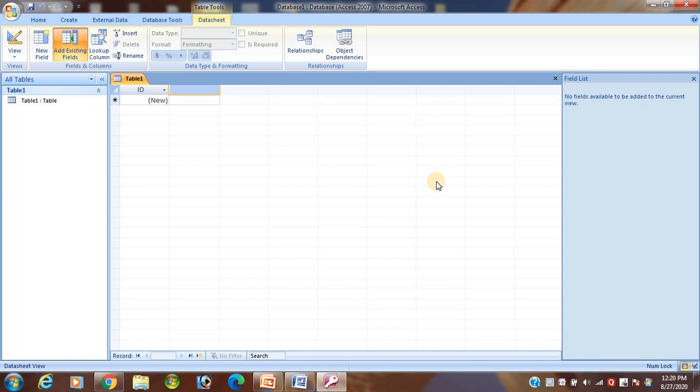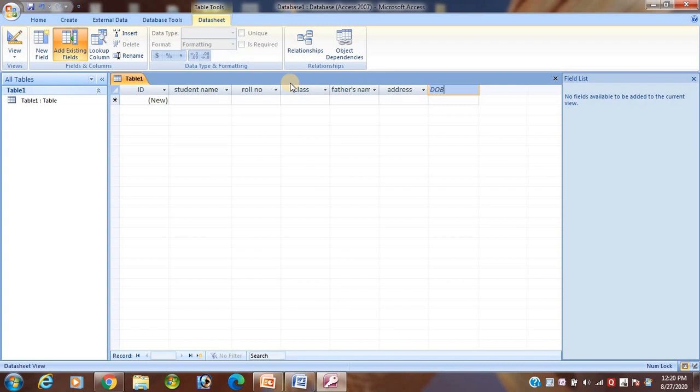So student, now suppose I want to add new field. Add new field, I want to write the student name. Okay, student, then press tab key, then the cursor will come there. Okay, is that clear, student? Then after that, suppose I want to write the roll number. Again press the tab key. Then next I want to write the class. Then I want to write the student's father's name. Then I want to write the address. Then next I want to write the date of birth.